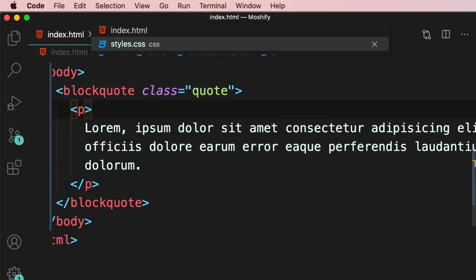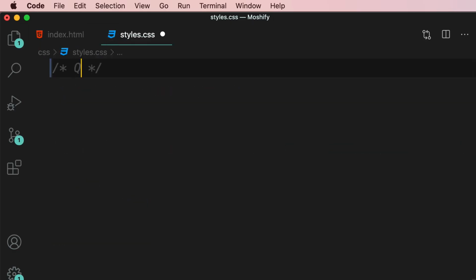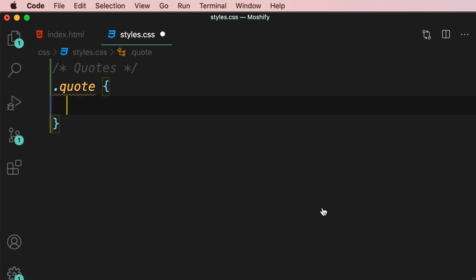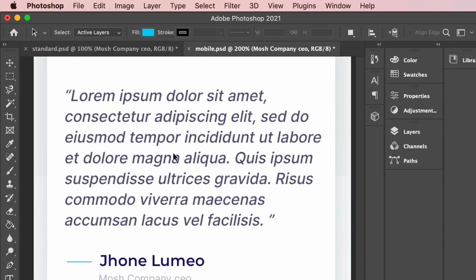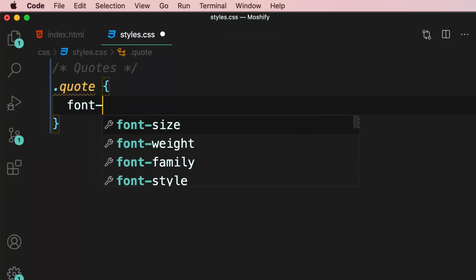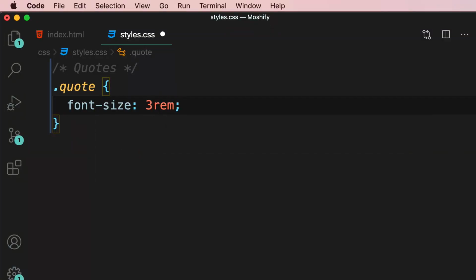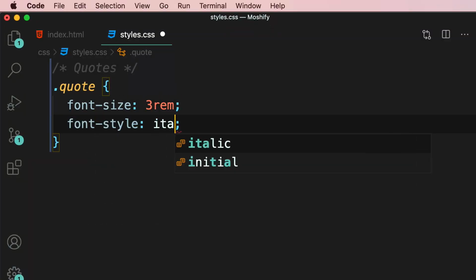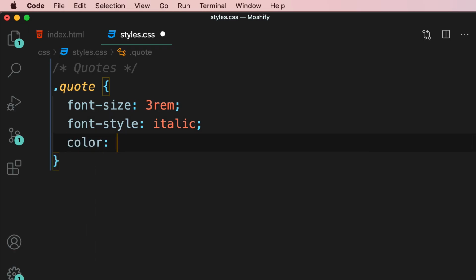Okay. Now back to our style sheet. Let's define a new section, quotes. Here we define a new rule. Now back to our design. The text that we have here is slightly larger than the main body text. It's also darker and italic. So I'm going to set the font size to 3 rem, font style to italic, and color to